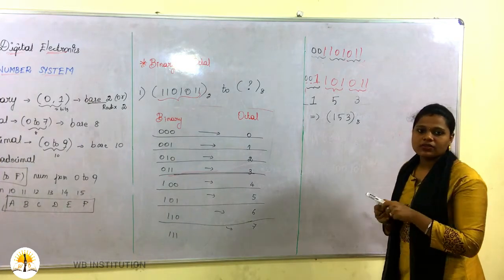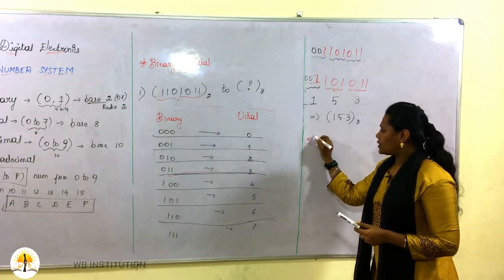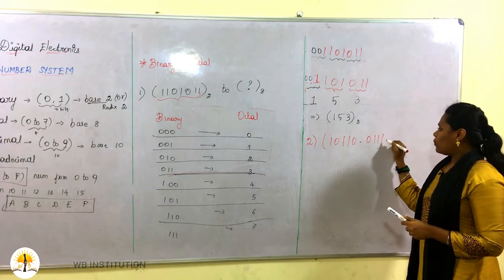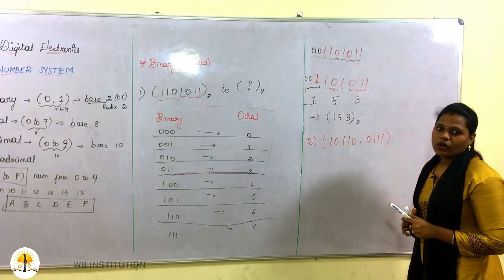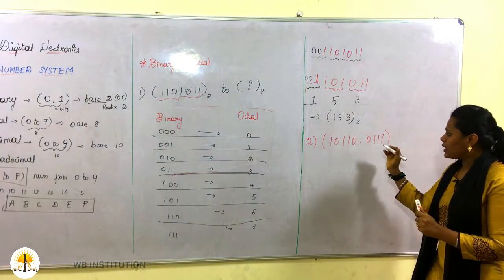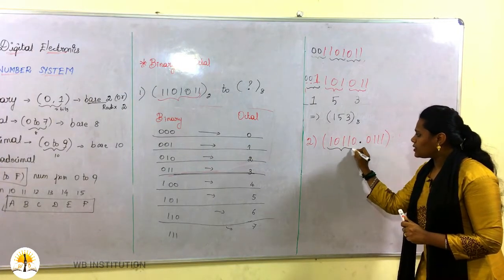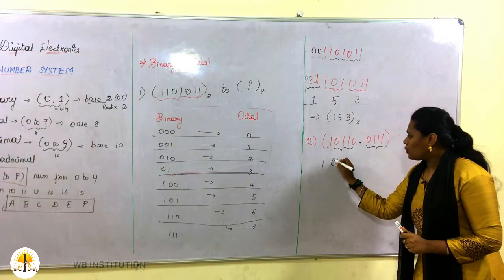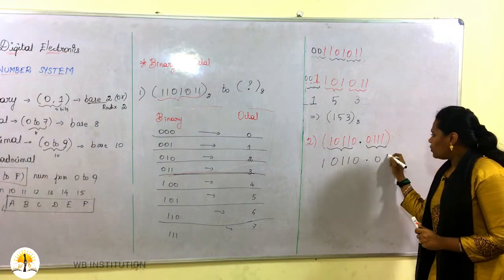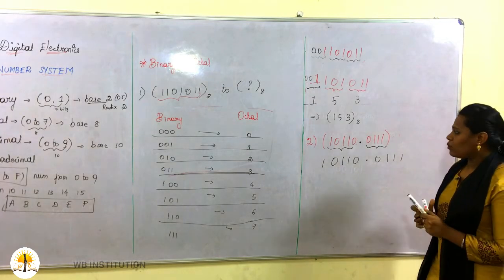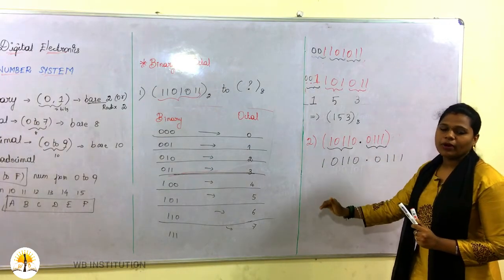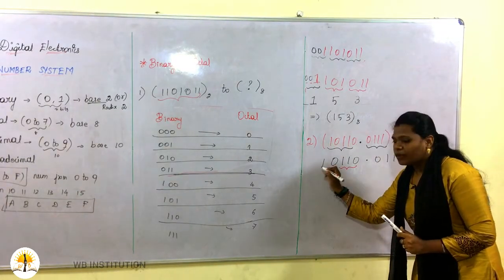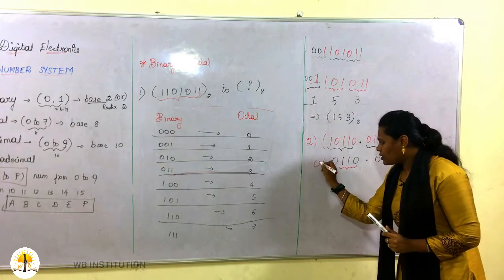The same question will be asked for a decimal number also. See, for example, let me take anything: 10110.0111. So this is your decimal number. So how do you need to split here? The same thing. First split at the decimal point. This is one part and this is one part. So I am going to take the number before the decimal point, 10110. As usual, before the decimal point you need to split the bits into 3. Here how many digits are missing? Only 1. So I am going to add a 0 over here.